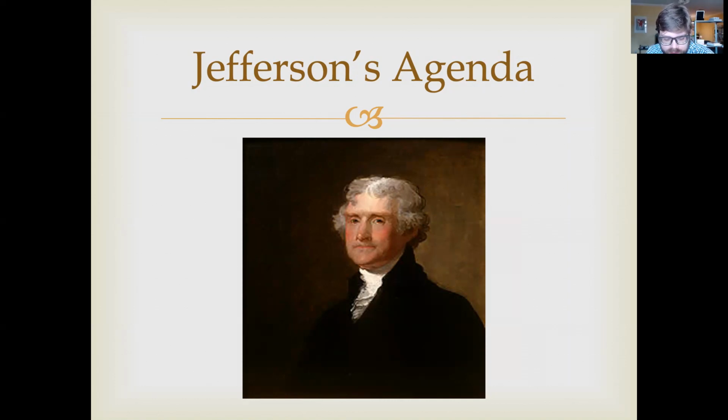He starts out by reducing the Army and the Navy by between 30 and 50%, reducing their size. He dramatically reduces already low government taxes and spending. He really would like the only income for the US government to come from customs duties and selling land. He gets rid of pretty much any other kind of tax, which has the effect, if you remember back to